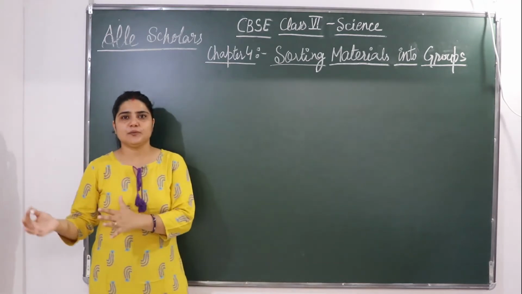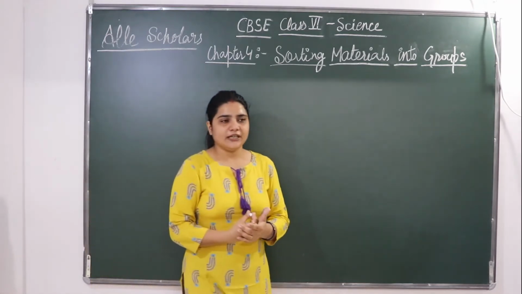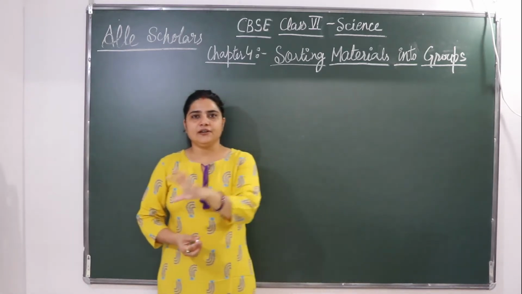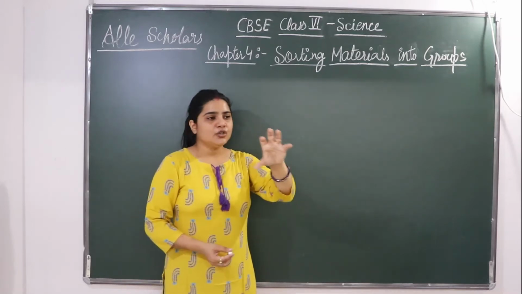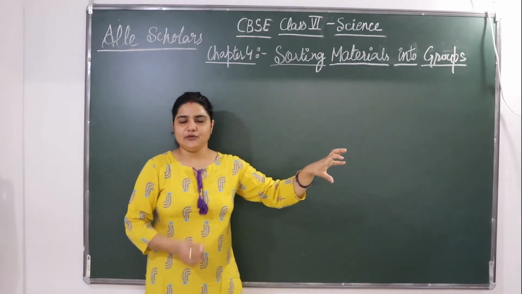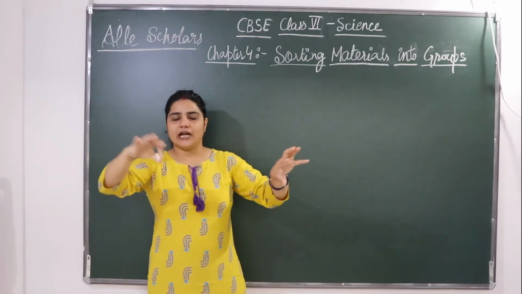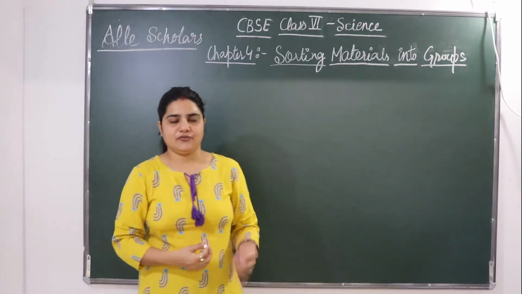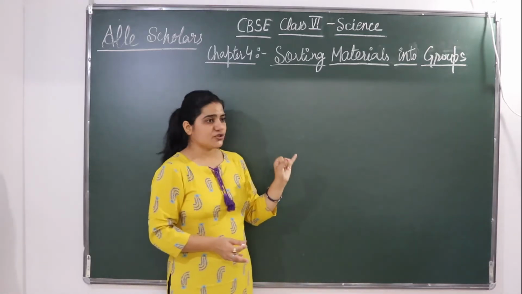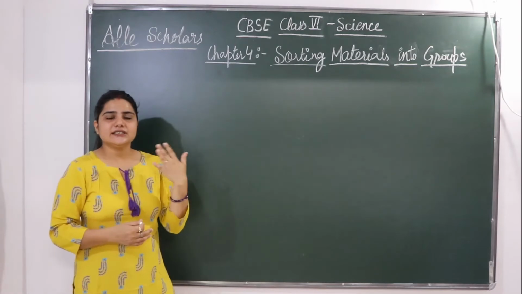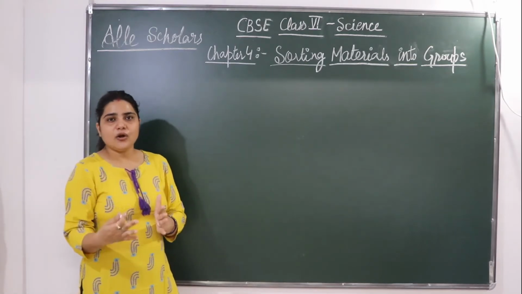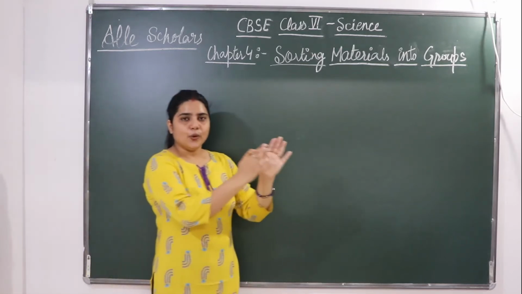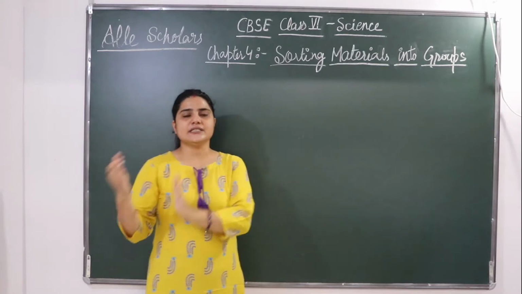Different groups will be formed. In your class also groups are formed. There are different houses, red, green, blue, yellow house. Some students are sorted in the red group, some in blue, some in green and some in yellow. Similarly, in every field of life, in maths also you must have studied about sorting. Sorting is done to put similar objects or similar materials together in one group and the dissimilar ones in other groups.